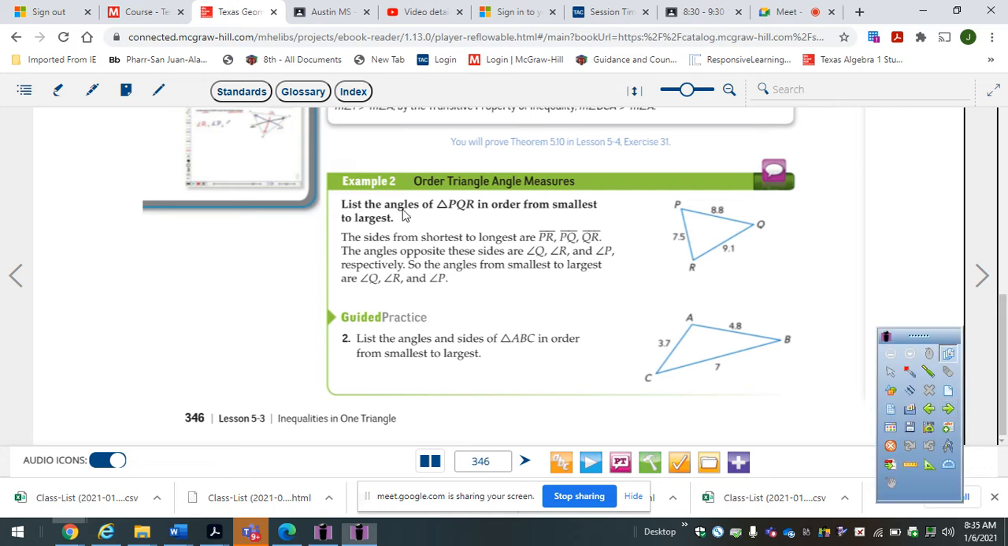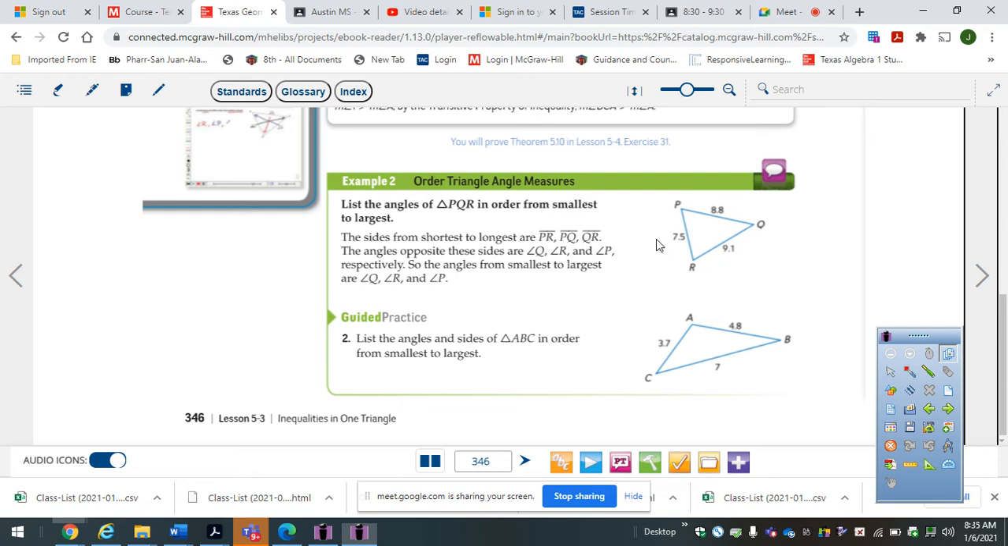Okay, so we're going to list the angles of triangle PQR in order from smallest to largest. The side lengths from shortest to longest are PR, PQ, QR. Now we're going to go to the angles. As far as the angles, if we look at these side lengths here,